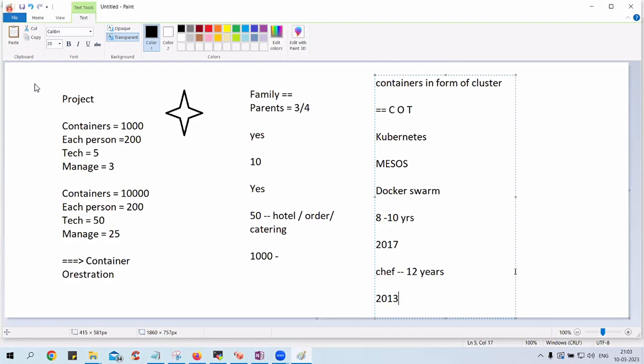Docker Swarm has been around for almost 10 years. You can claim 8-9 years in Docker Swarm, that makes sense. But in Kubernetes, if you're claiming 8 to 10, that doesn't work. Kubernetes came into the market in 2017, released by Google.